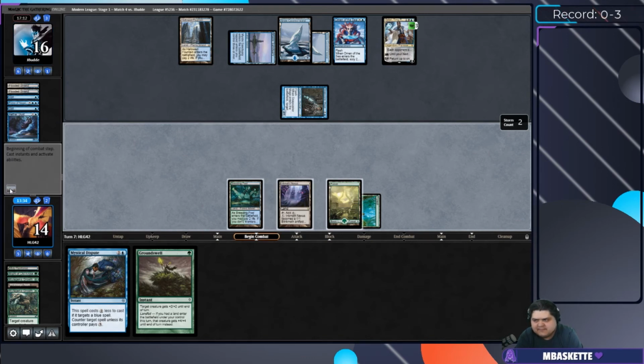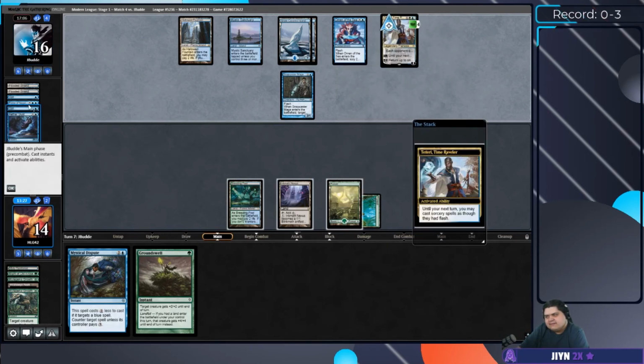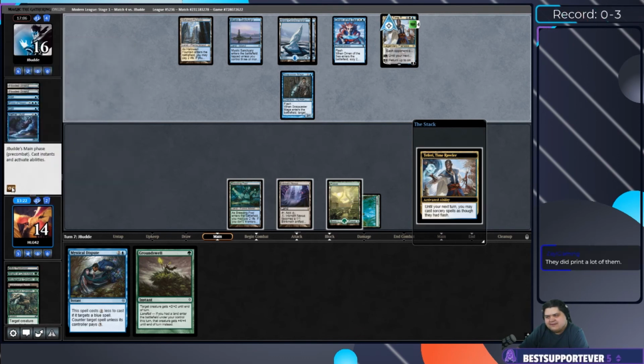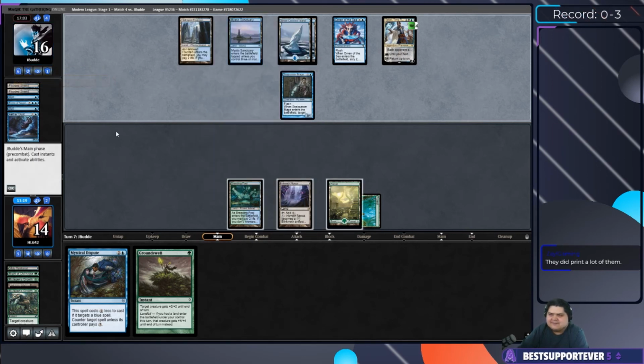Hmm. They really printed a lot of fair and balanced cards in 2019, didn't they, man? Like, you can play at instant speed, your opponents can't. You can play cards, you can counter things for free. You can return things from the,